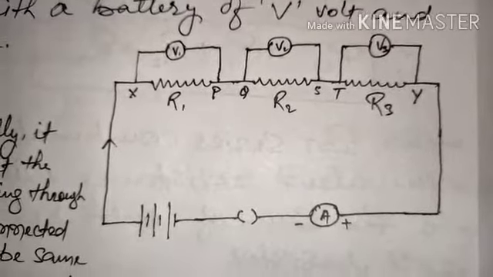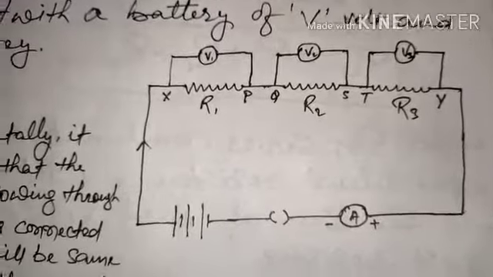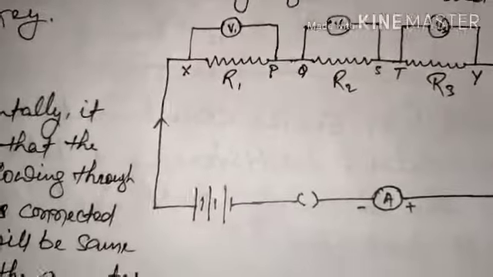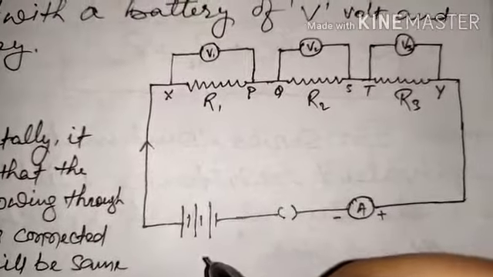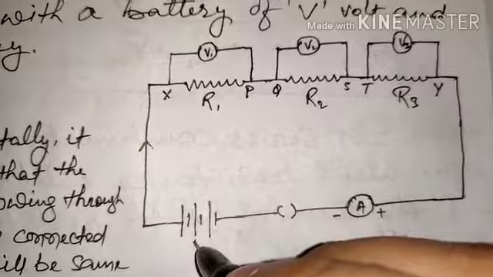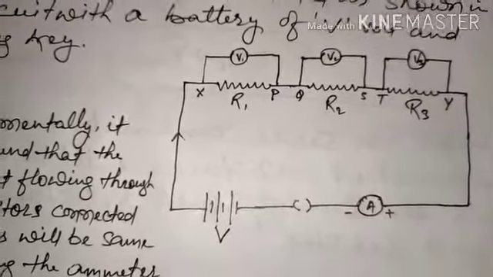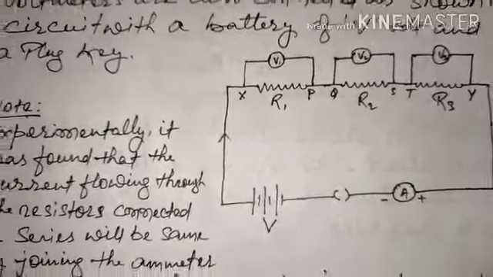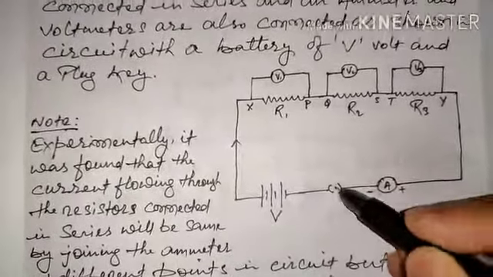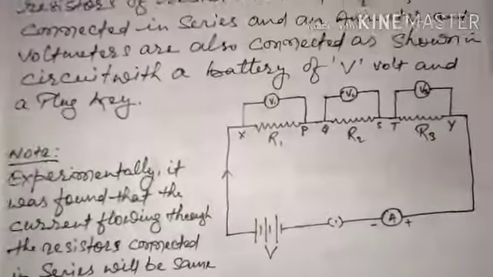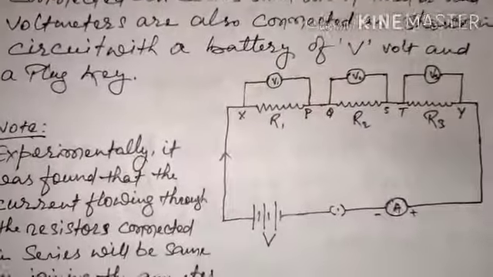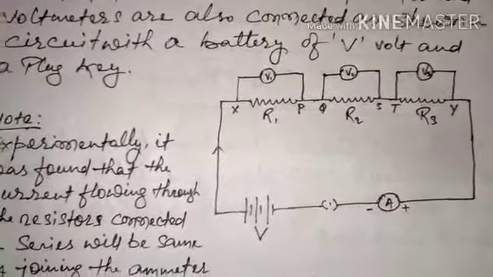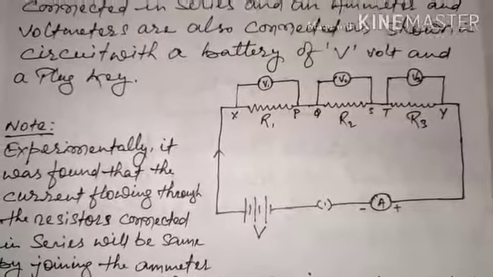I have taken a battery of V volt. So there is an ammeter, and I am trying to put it. Okay, now the key is on. So here it goes, we have taken three resistors R1, R2 and R3, all joined in series,